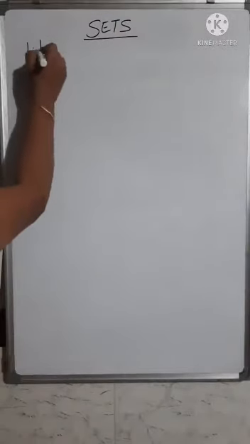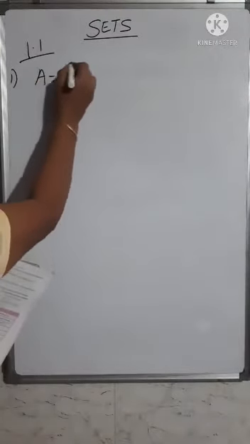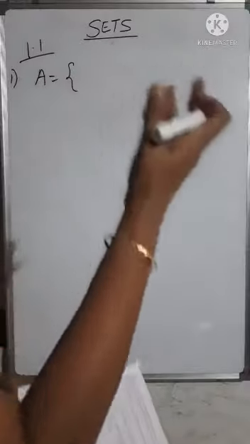I will go to practice set 1.1. Write the following sets in the roster form. 1.1 practice set, the first one. They have told us to write the following sets in the roster form. Set of even natural numbers. Here you can take any capital letter to represent the set. So for the first one I can write A is equal to. If you want, you can take B.